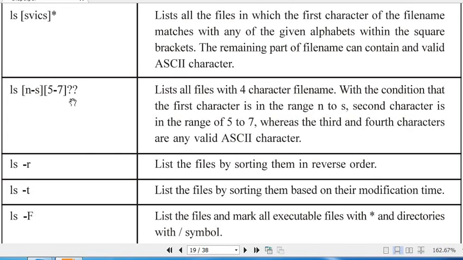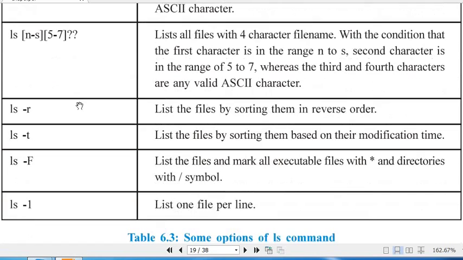So this means that it will show all the files with a 4 character file name, in which the first character will be from alphabet n to s, the second character of that file name will be from 5 to 7, and the third and fourth characters could be anything.